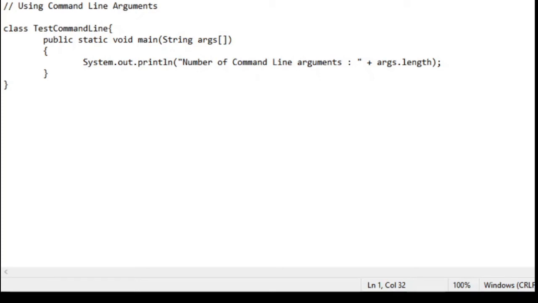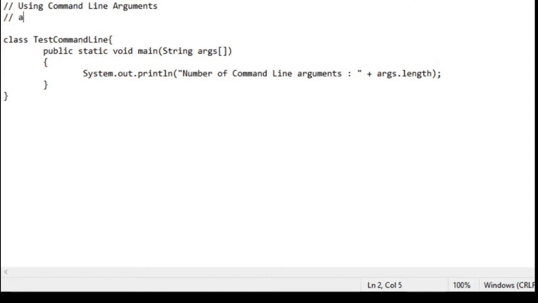Hello everybody. In this video we are going to look at how to use command line arguments. Now a command line, as you know, is the command prompt from where you can run your Java program. Now if you would like to pass some values to the program from the command line, then how to do that? That is what we are going to discuss. Now this you can also refer to this as